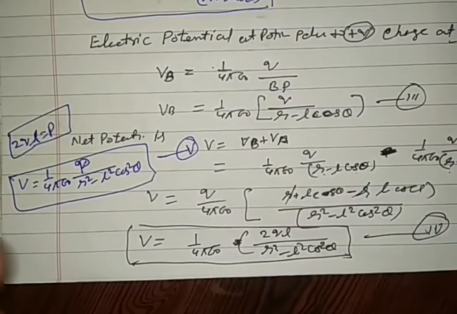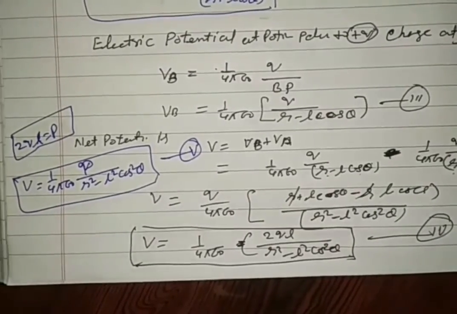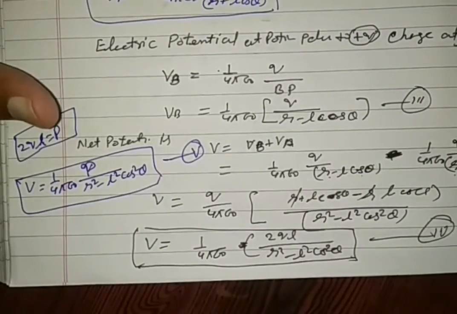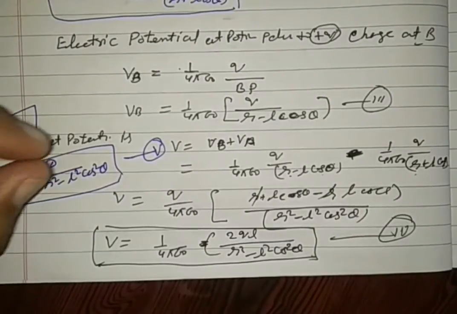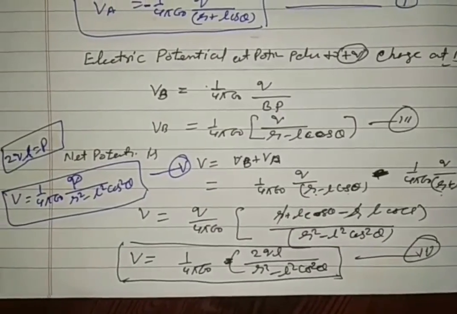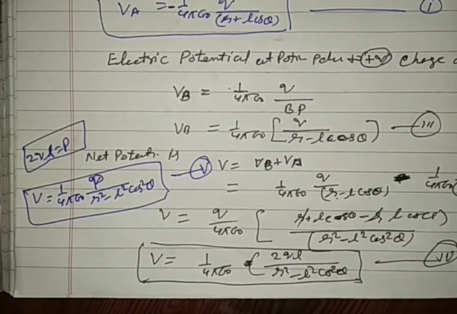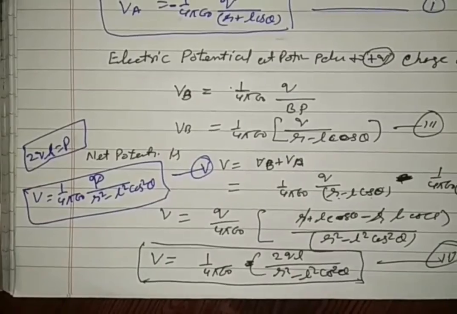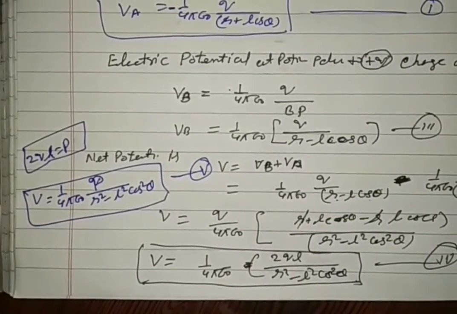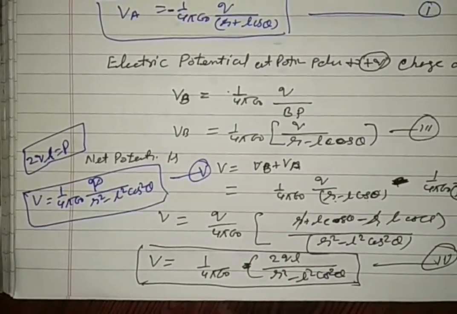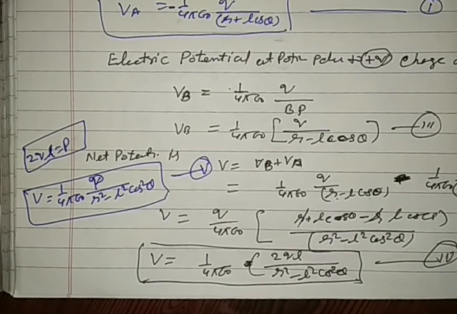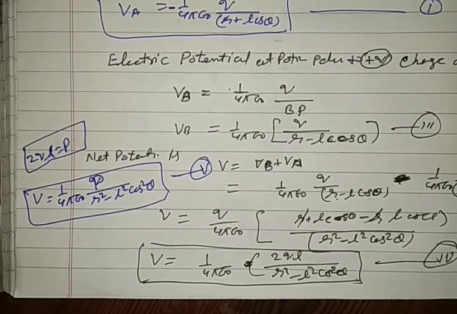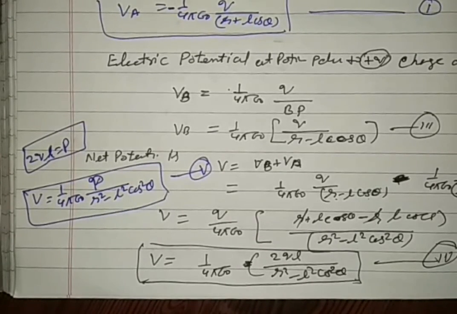And one more, keep in mind that by keeping the value of theta only, we can obtain the potential at both points of the first two cases, part 1 and part 2. Clear? So you are requested to see all three very carefully to understand the concept clearly on the axis, at the equatorial line, or at any point around the dipole.